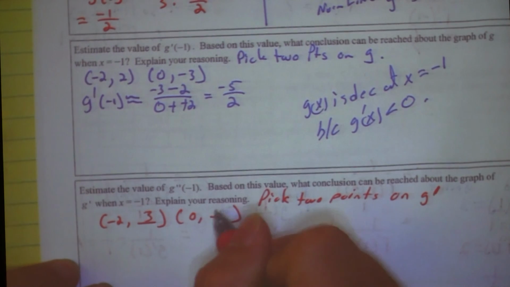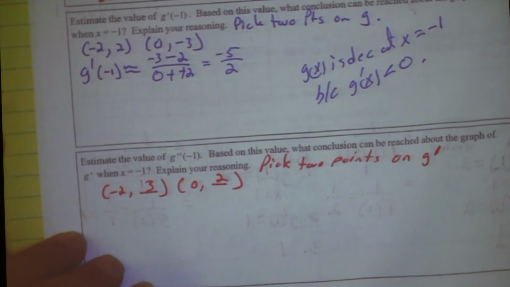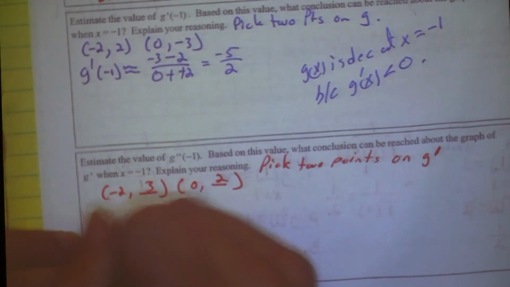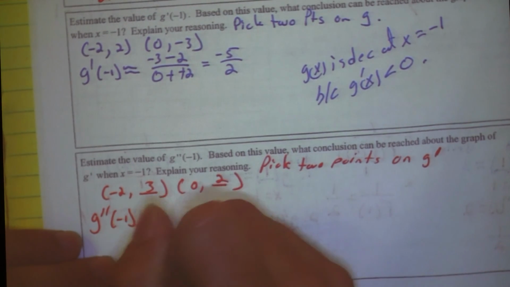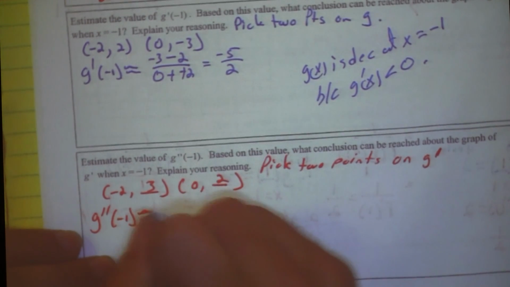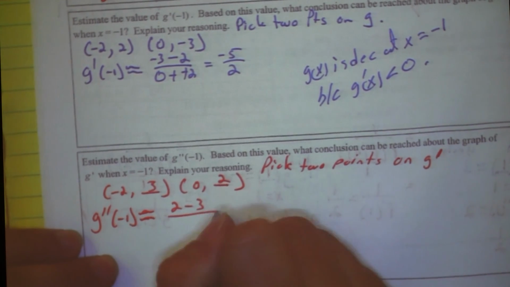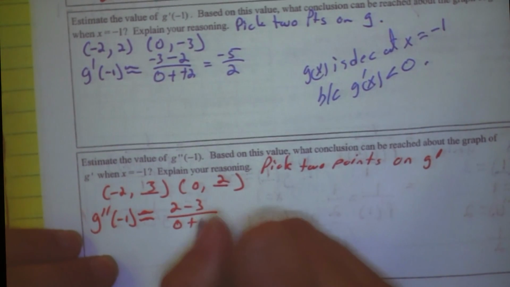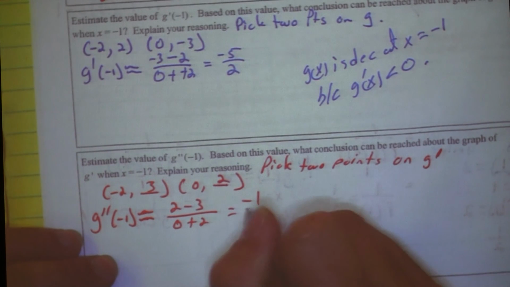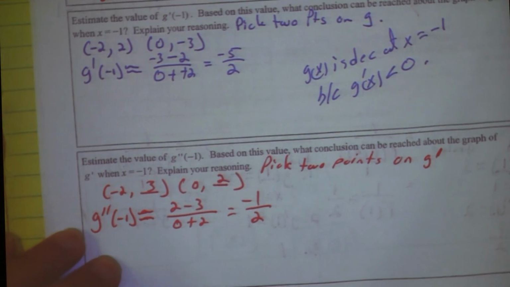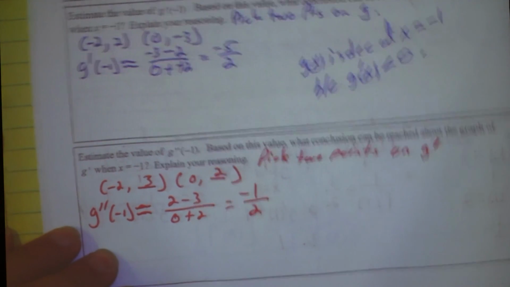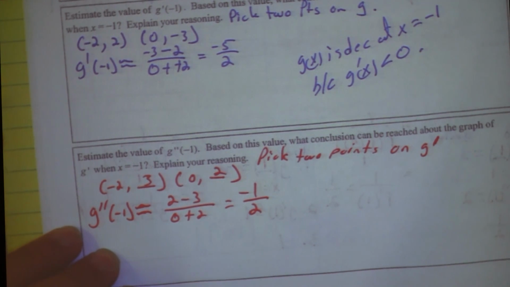So this will be a 3 and this will be a 2. And then we just follow the same process. So g double prime at negative 1 is approximately 2 minus 3, right? Over 0 plus 2, negative 1 over 2. Good? So what does that